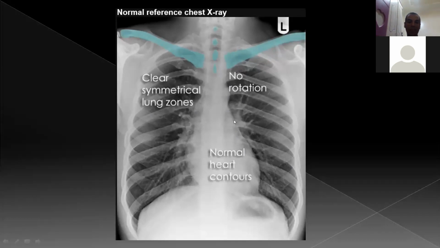Arborizations means branching, like this one and this one. And by the way, always the left hilum is slightly higher than the right hilum. We also have this bony cage, the ribs, and we should know how to identify which one is which rib. This is the first rib. You can take the ribs from posterior to anterior. This is the first rib, and this is the second rib, third rib, fourth rib, fifth rib, sixth rib, seventh rib,